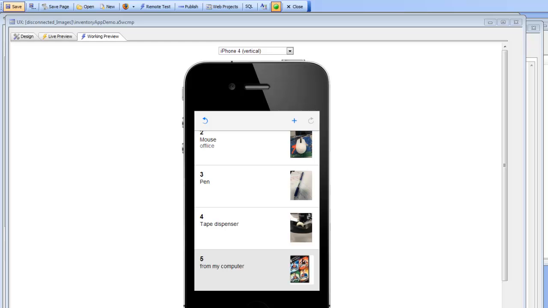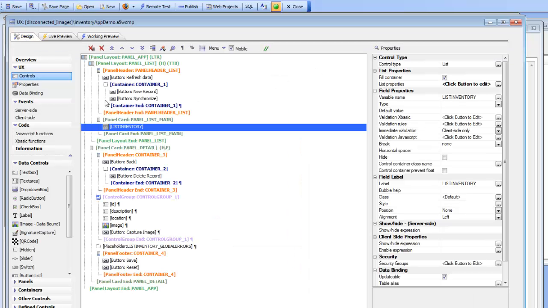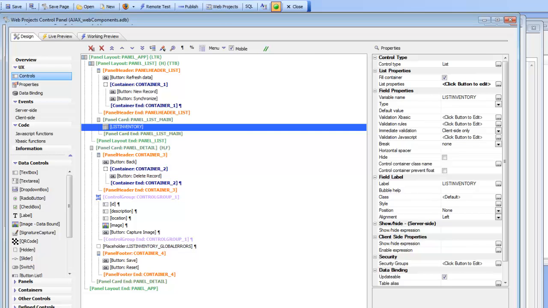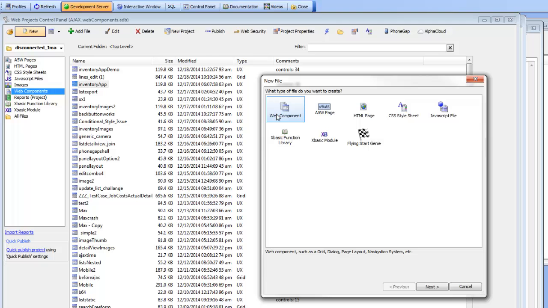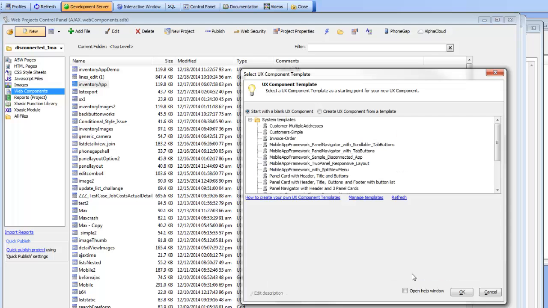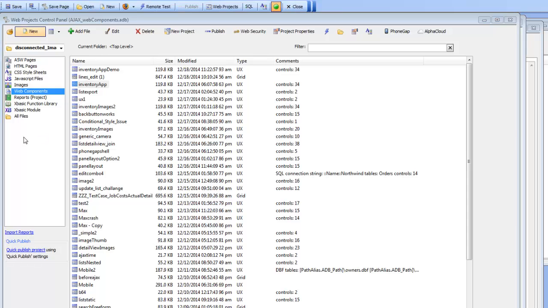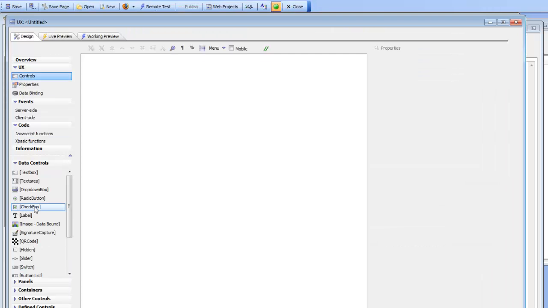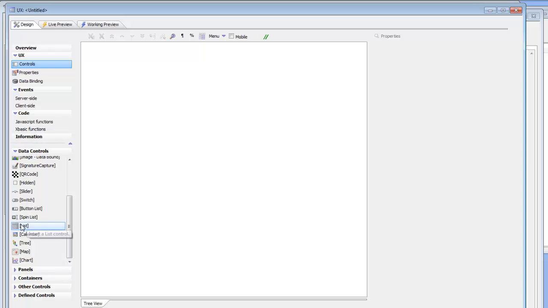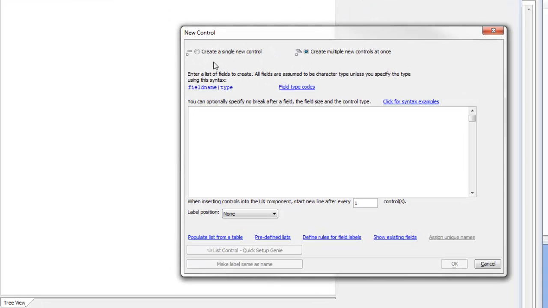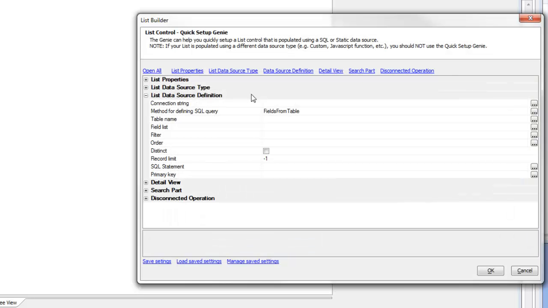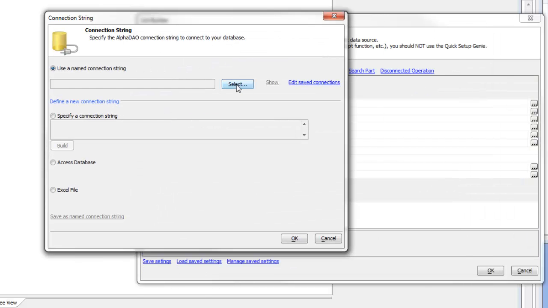So we're continuing now with our video on image capture in disconnected applications. And we're going to create the core functionality of this application, starting from a brand new component. So let's create a brand new component. We'll create a new UX component, and then we'll use the quick setup genie for the list control. So we'll go over to the list control, choose a single list control, and then choose the genie, and we'll choose our connection string